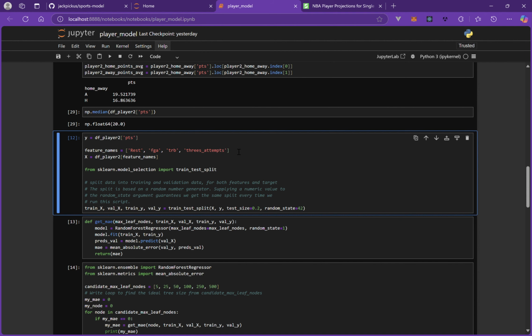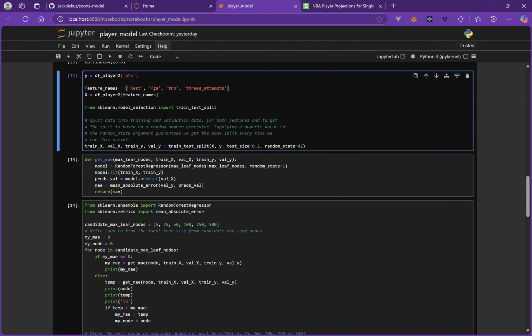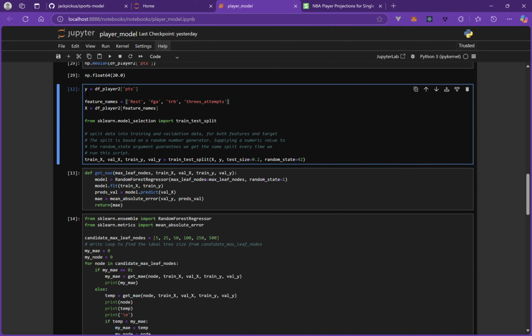So this is where we get into the fun stuff. Here's the model. Y is what we are going to try to predict. We want to predict points. And then feature names are the pieces of data we are going to say, this is what you're going to take, and based off that information, you will make a prediction on how many points the player will score. So we're using rest, field goals attempted, total rebounds, and threes attempts. And then we're going to put that